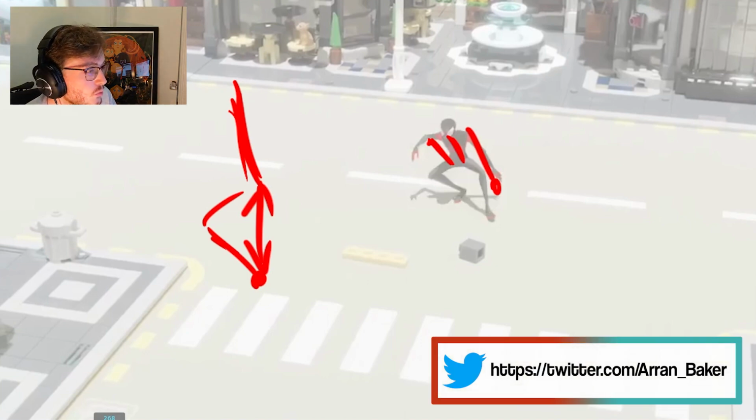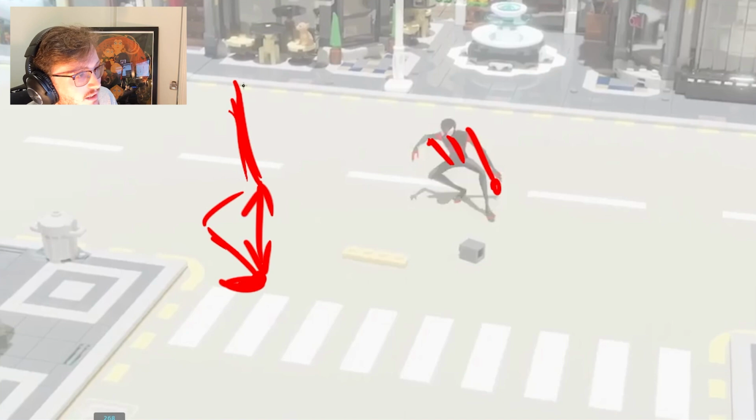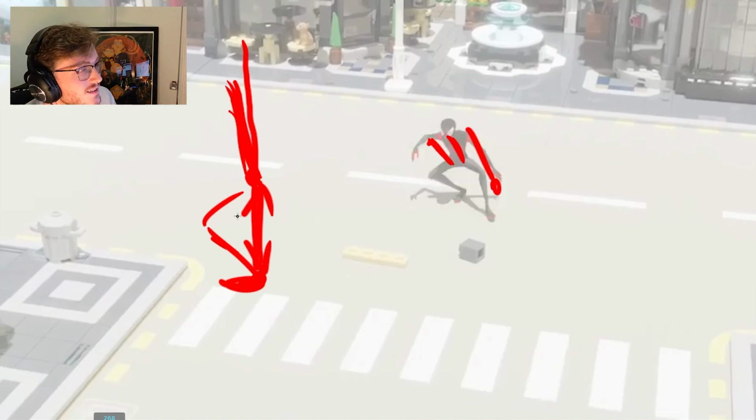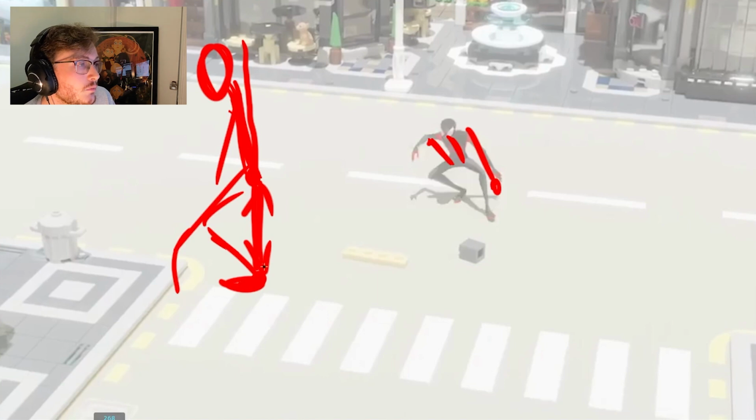So if this is our weight right now from a side view, his foot is the point of contact, and if we draw a line up, it feels like his hips are kind of in a line up the point of balance, and then the head is here, and then the arm is out here, and then the legs kind of here. So it feels like he would push forward and he would fall over right now.